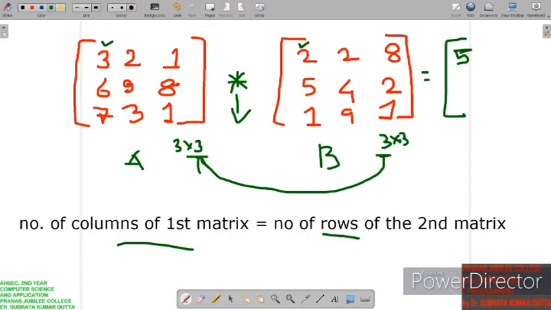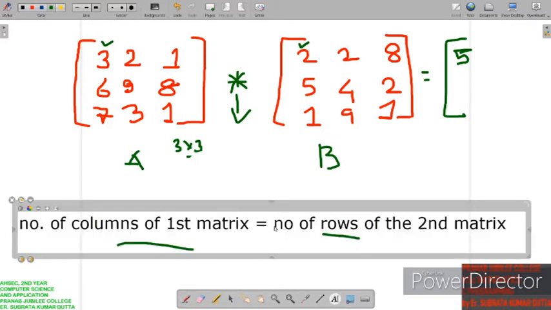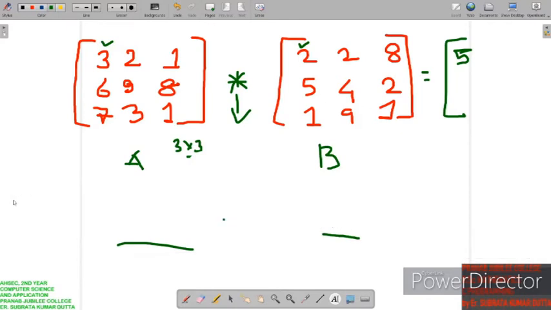Now let's see how we'll do it. We'll do the dot product.